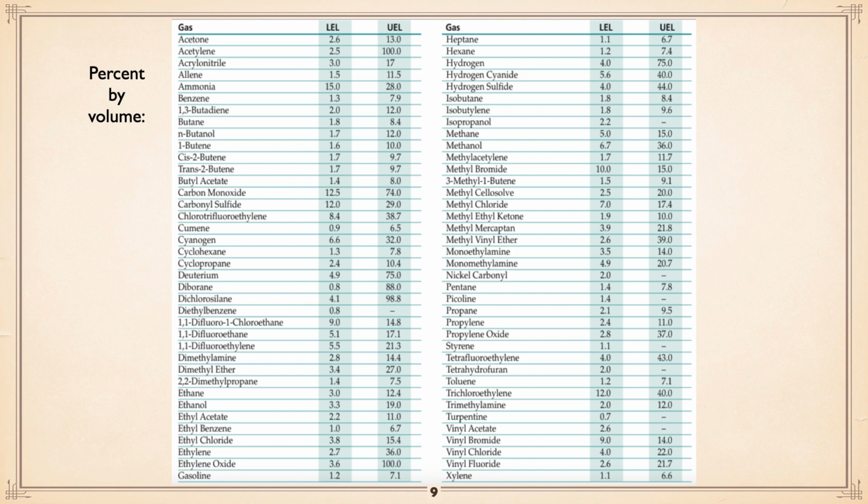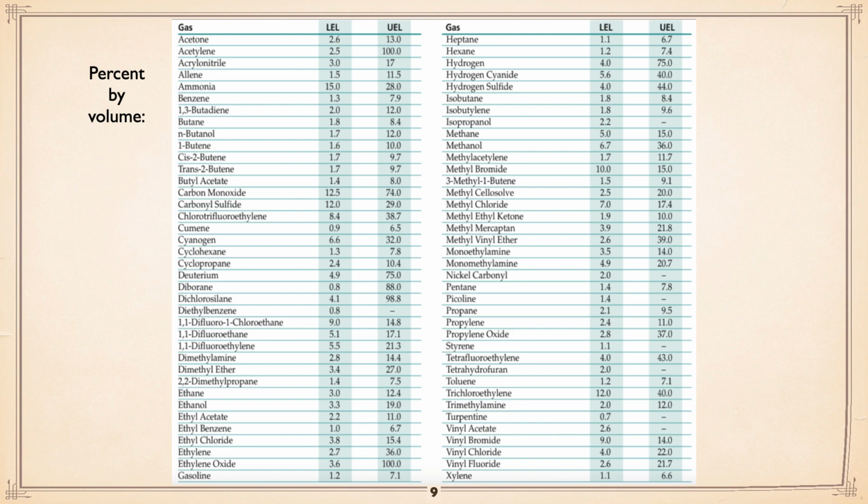By comparison, if we take a look at methane, its explosive limit at the bottom end is 5%. Anything leaner than that, it won't go. And anything above 15% is too rich. So you can see there's quite a wide range. Similar to gasoline, for example, between 1.2 and 7.1 is the ratio of air and gas that becomes an explosive